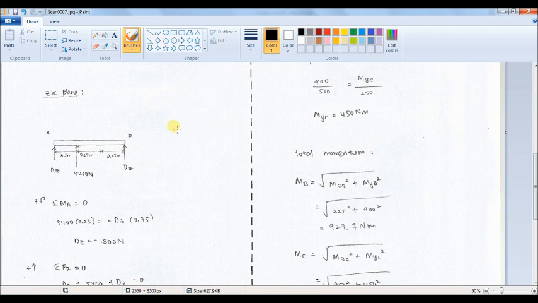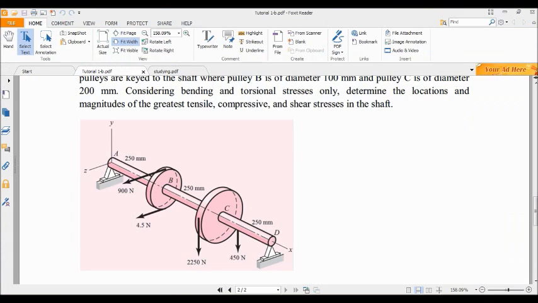So if I call that XZ, I can draw the shaft, and the total force here is 4500 plus